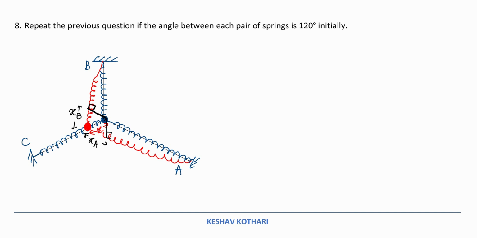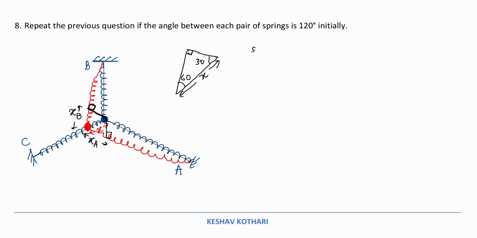So if I redraw this diagram, this angle was 120 degrees, so I can say that each of the angles becomes 60 degrees. If I reconstruct this triangle over here, this one is 30 degrees and this one is 60 degrees. The x is in this direction. So this is the triangle which I am trying to construct. This one is 90 degrees, 30, and this one is 60 degrees that we have drawn. This is the shape it is going to acquire.